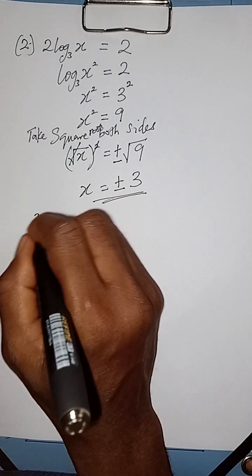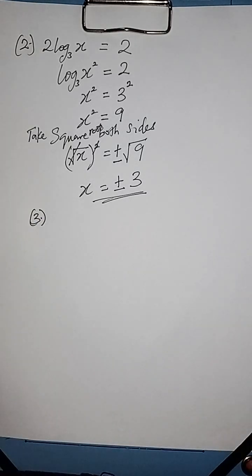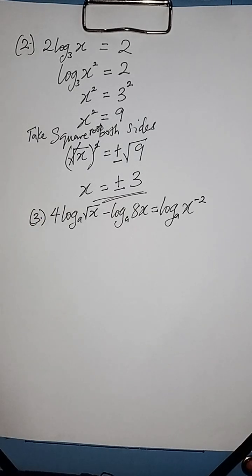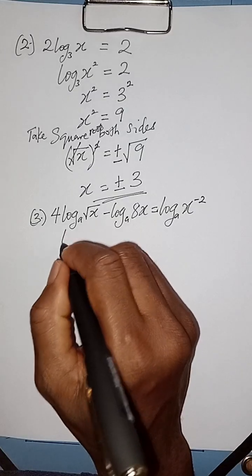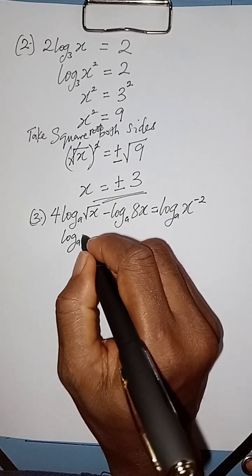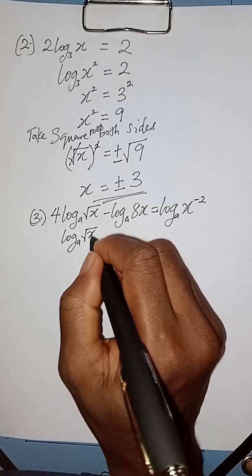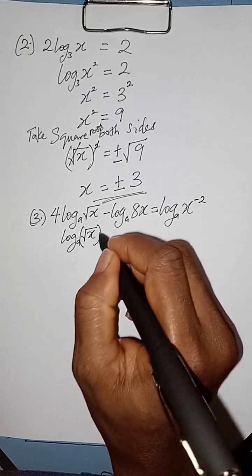So let's go to number 3. Now let's look at number 3. 4 log square root of x minus log 8x equal to log x raised to power minus 2. They all have the same base, and that's base a. Now, again, the first thing is to remove the coefficient of the log, and that becomes log (square root x) in bracket raised to power 4